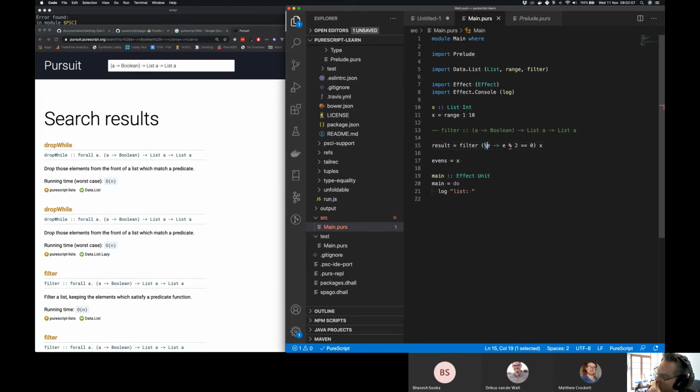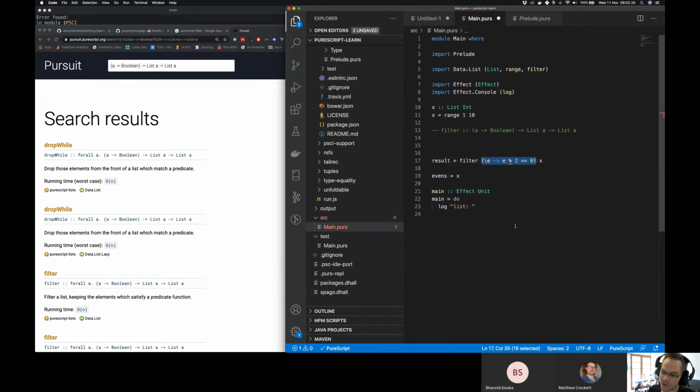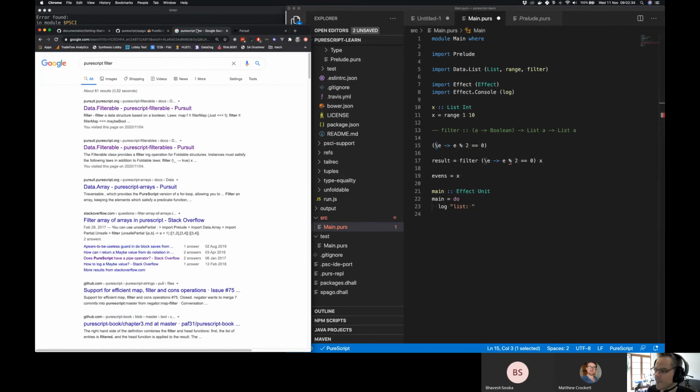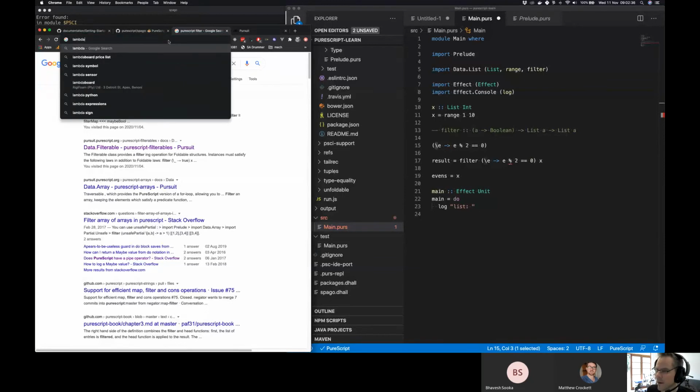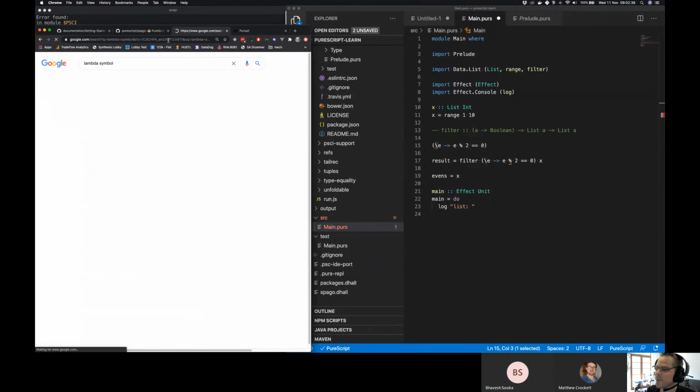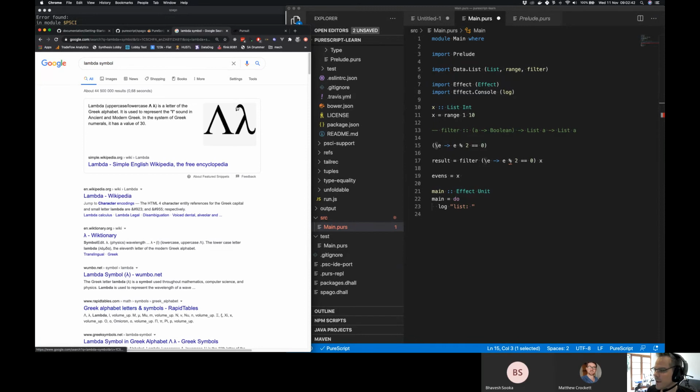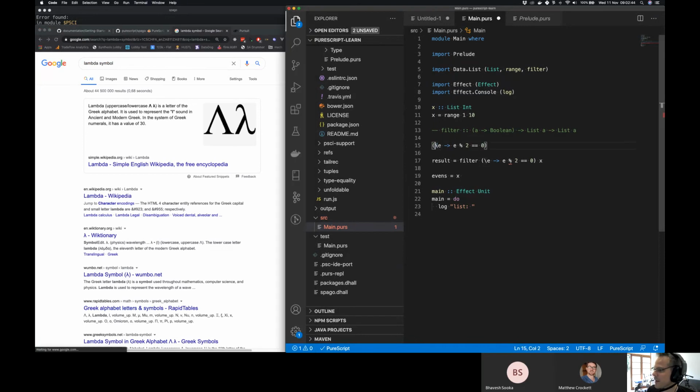So just quickly on this backslash thing, it does look a bit weird, and you would say, well, what if this thing took more than one parameter? This is effectively an anonymous function definition, exactly like a JavaScript arrow function. The backslash, from a syntax perspective, is the start. It's meant to look like a lambda. You know the old lambda symbol? That symbol, that's what the backslash is trying to look like.